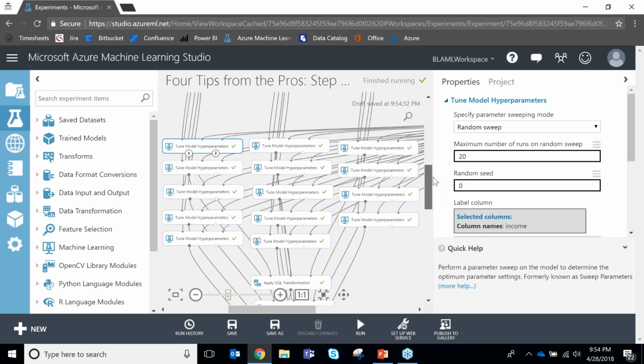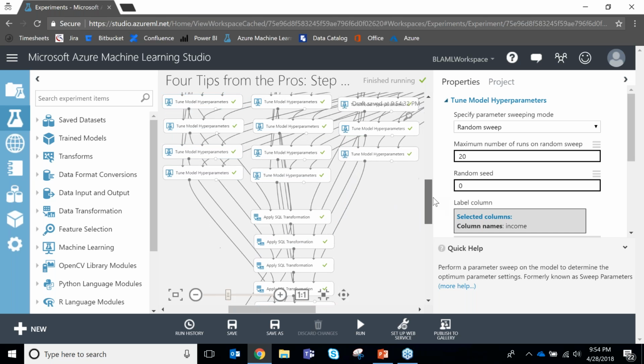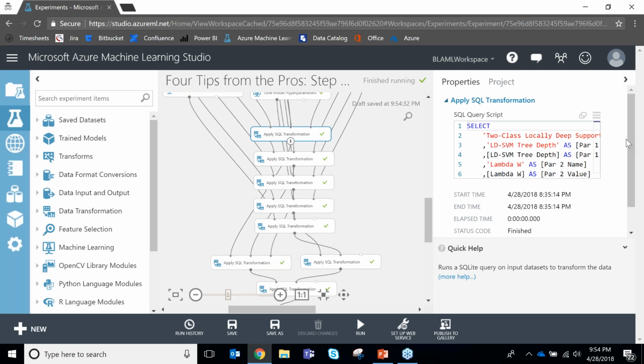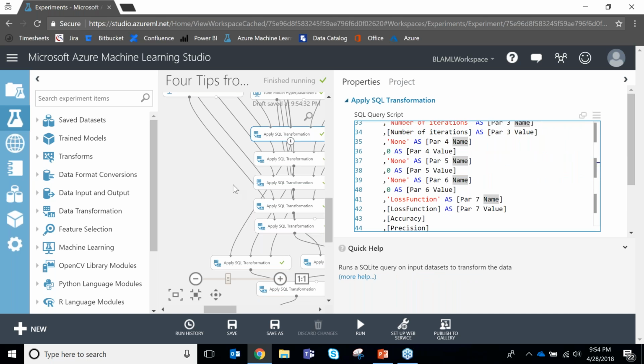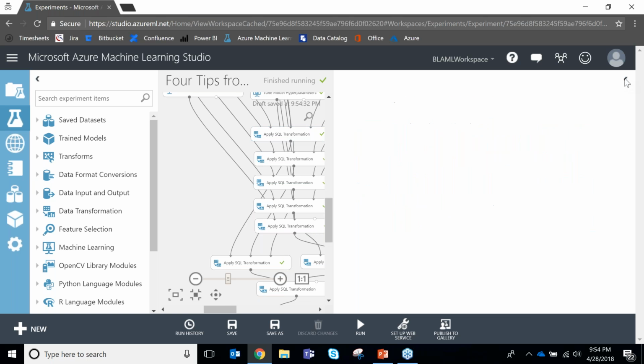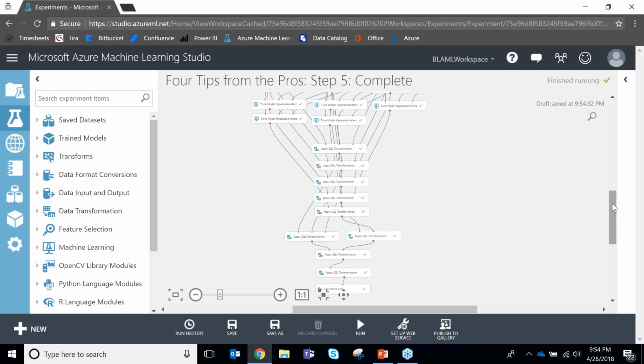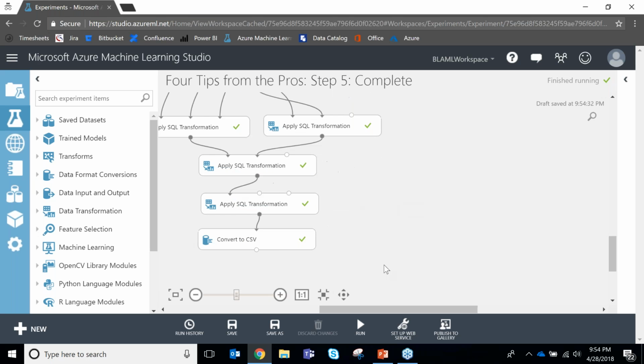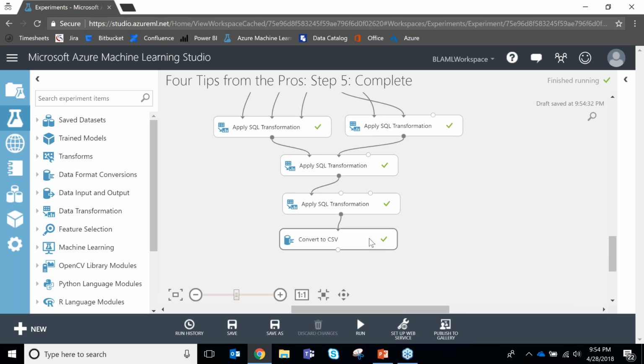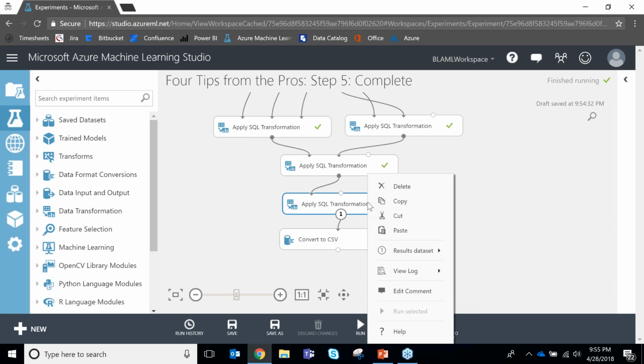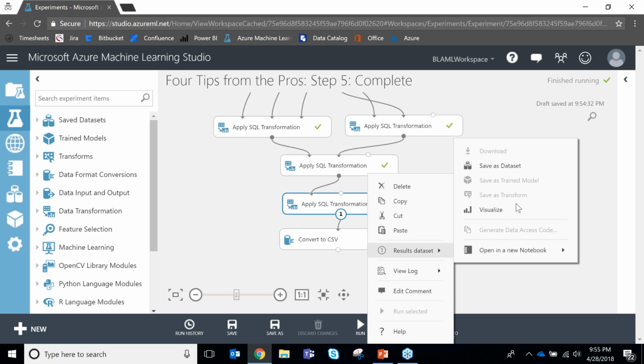Now, this results in 14 different outputs that we have to string together. I've got some SQL queries. Remember I said we'd use SQL? I wrote some SQL queries to really bring all this together. These are on my blog as well, so you're more than welcome to look at them. So I use a bunch of SQL queries to bring it all together. And at the very end, we have a convert to CSV so we can drag it out. I like to use Excel to examine this. But for us, we'll just look at it in